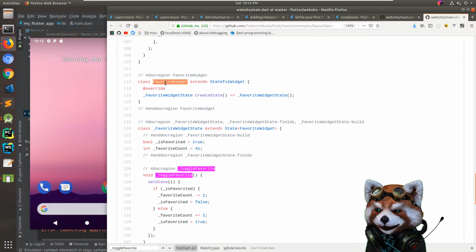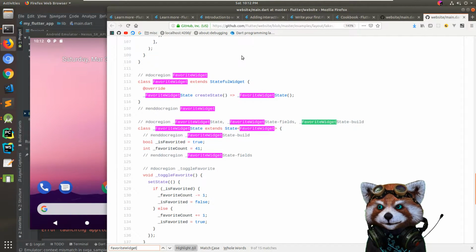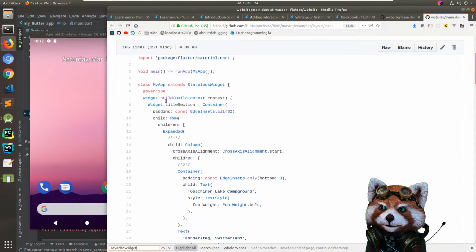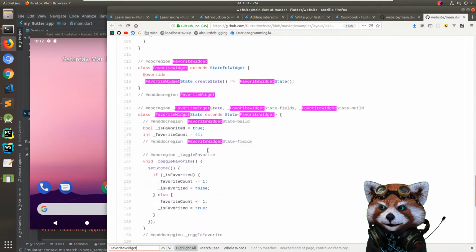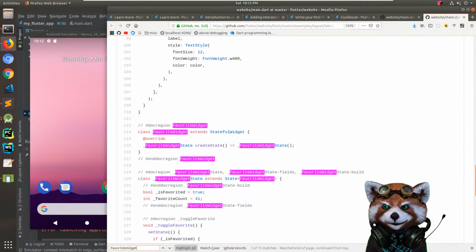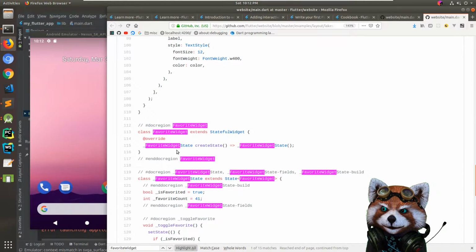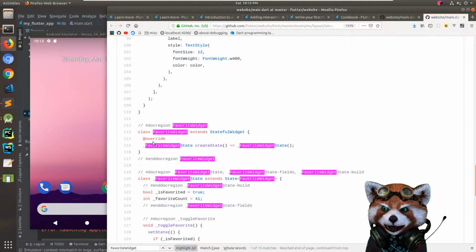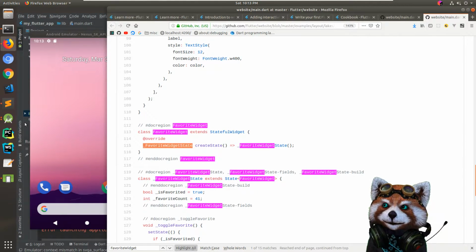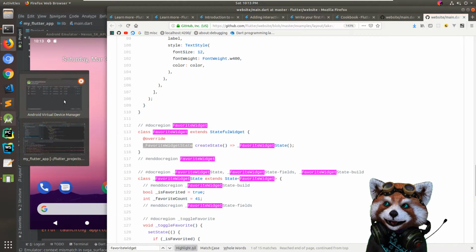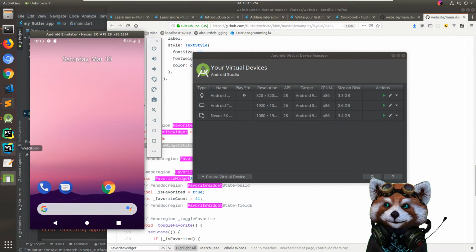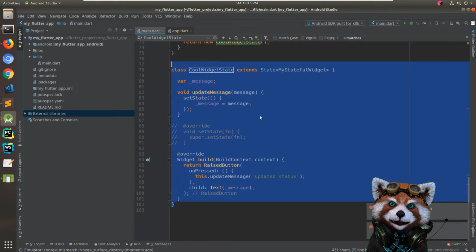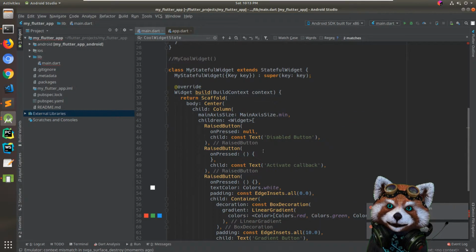Here it is, stateful widget. So where do they put it? So favorite widget extends stateful widget. I see. So they actually put the state class inside of the other class. That's interesting. So maybe that's kind of my big problem, is that